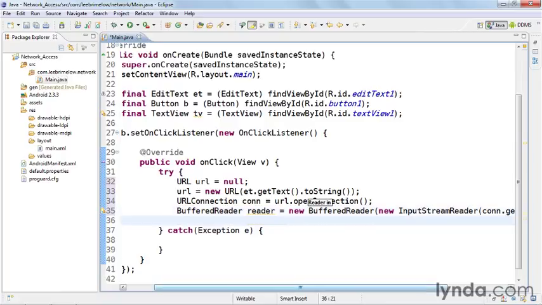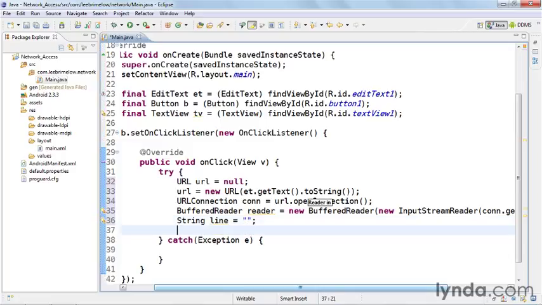So after that chain of handoffs, now we're ready to actually start reading in the data that came back. So first I'm going to create a string property here, and I'm just going to call it line because this is going to contain each line of data that's in the file. So we're going to iterate over it line by line. So I'm just going to make an empty string here. And now we're going to loop through and get all of the text that's out of that stream. So I'm going to say while line is equal to